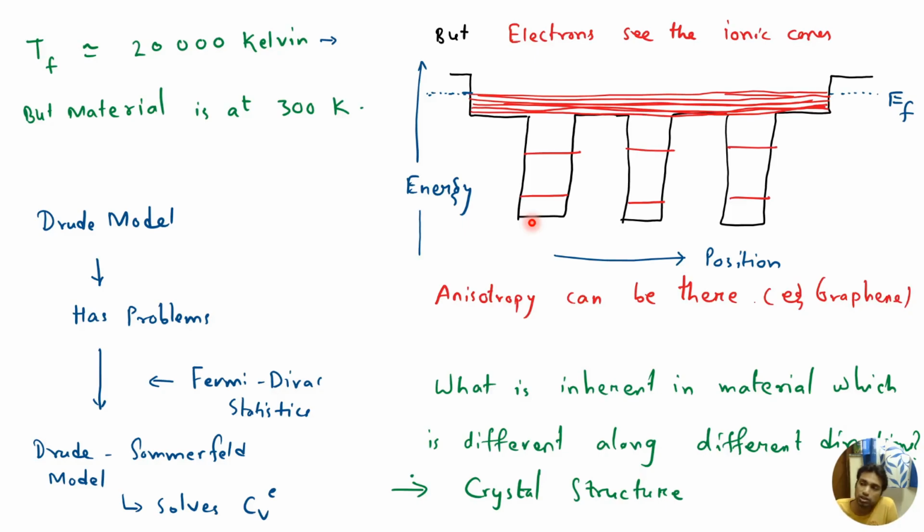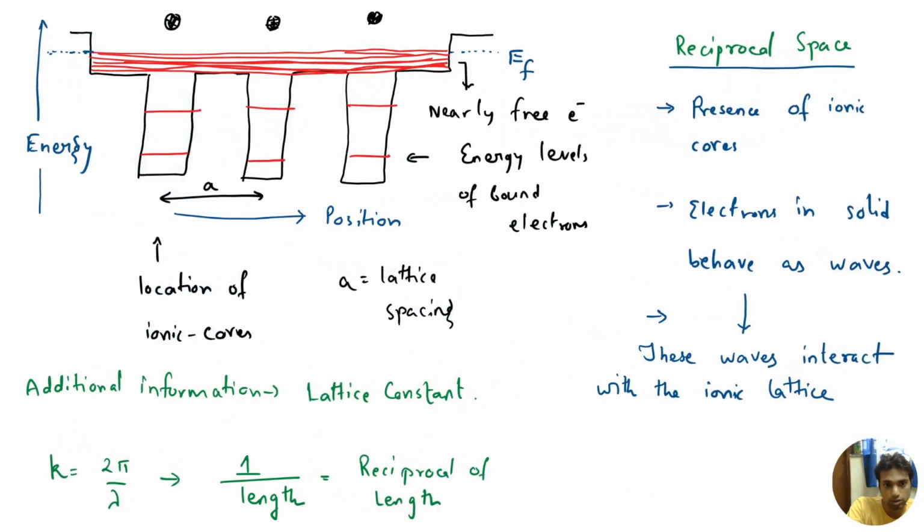So electrons are available in all materials. Given any material, we will find electrons. It is like a universal particle. But what is inherent to a particular material is its crystal structure, I mean the way in which the atoms are arranged in that crystal. So what we have here is